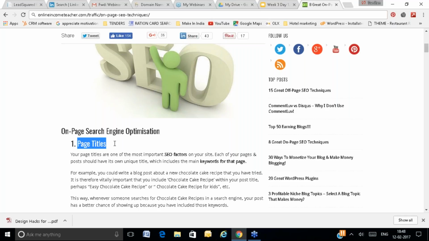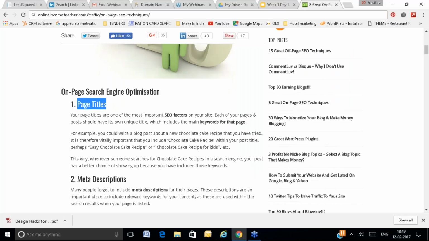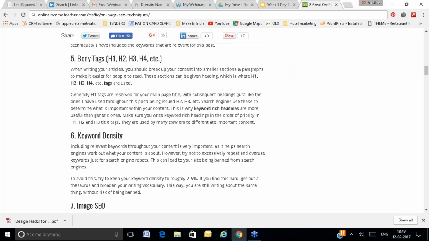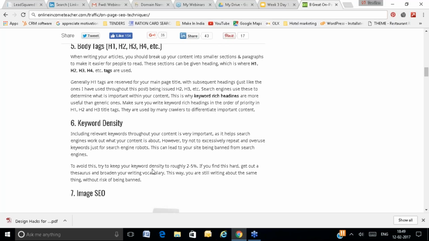Wherever you are trying to make the content more readable, you can place the important content, the heading of the paragraph, the title of the images or the heading of the section, in H2 and H3. You should not repeat the keyword frequently. Keyword density should be at most 3%, 2 to 3% is fine. So if you are writing 100 words, you should repeat the keyword at most 3 times, not more than that.